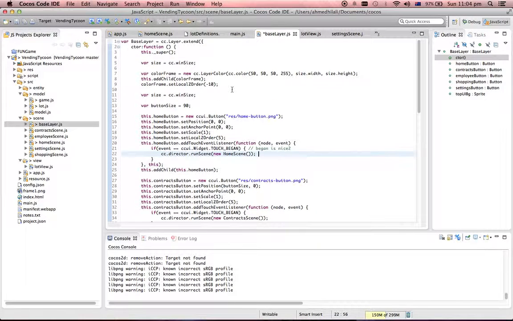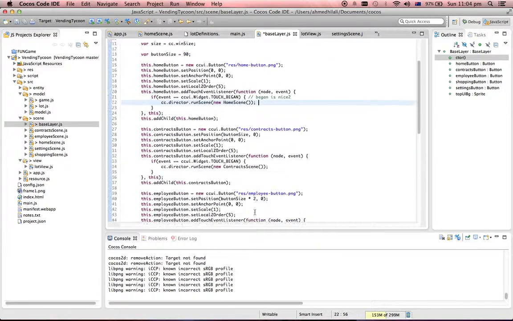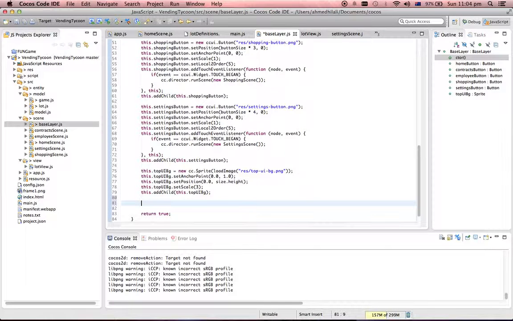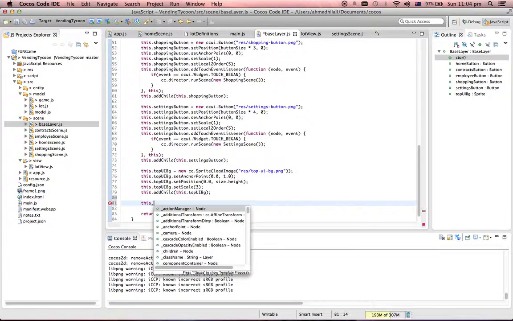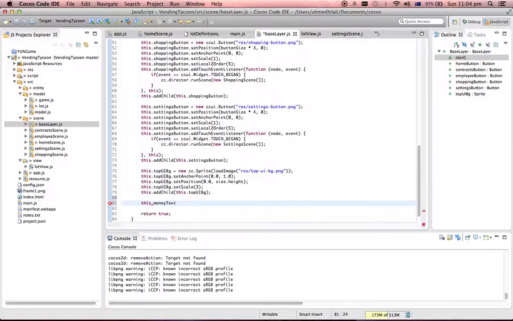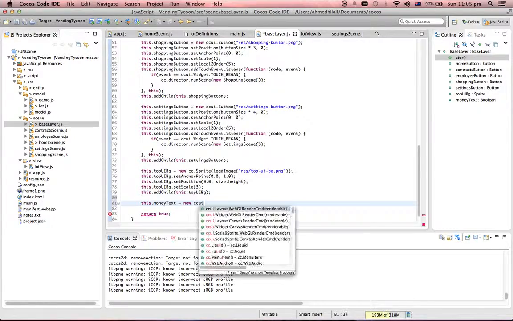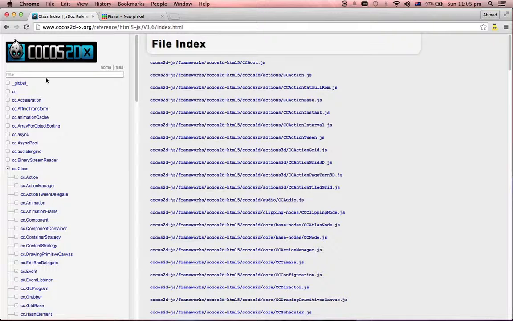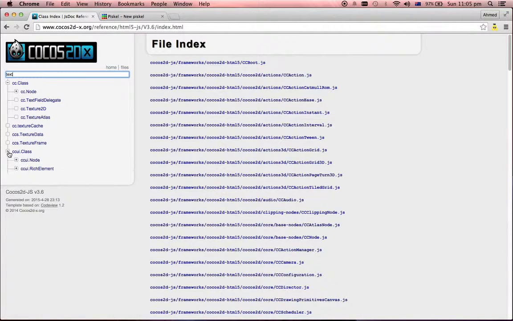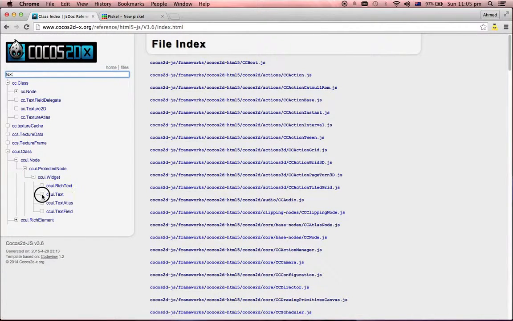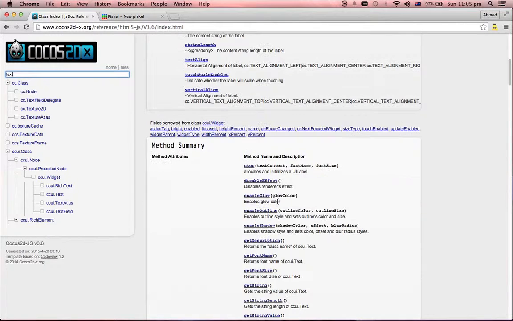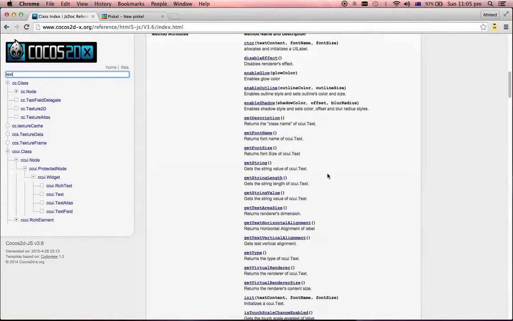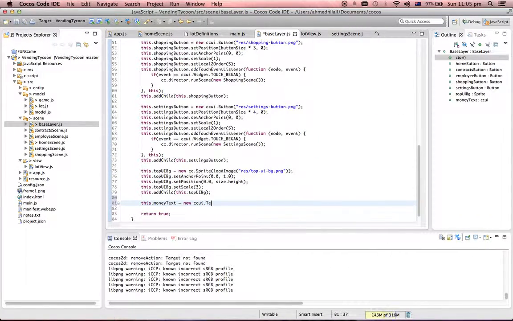Okay, so let's carry on. This is the UI bit here. So what I can actually go, I can go add a money text. CCUI dot. I need to look at this reference for a second. Text. Oh, we have CCUI text. That takes the content, a font name, and a font size. Okay. I'm going to try it just